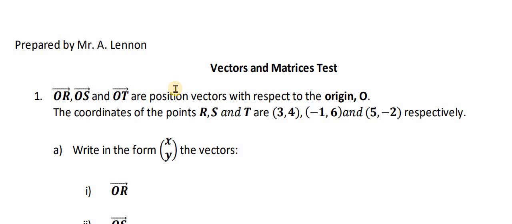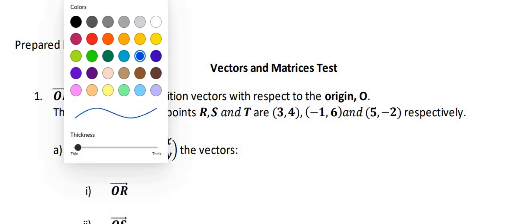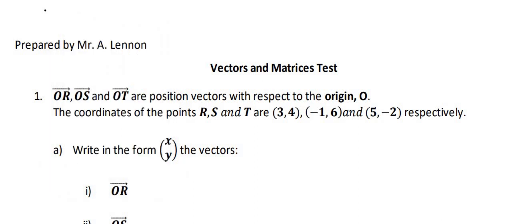This is our test review. Question 1. It states here that vector OR, and since we have O, we're starting from the origin, we're looking at position vectors, because position vectors start from what or where? The origin. So position vector OR, position vector OS, and position vector OT are position vectors with respect to the